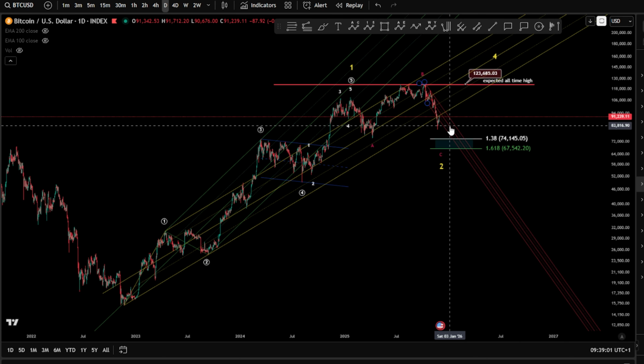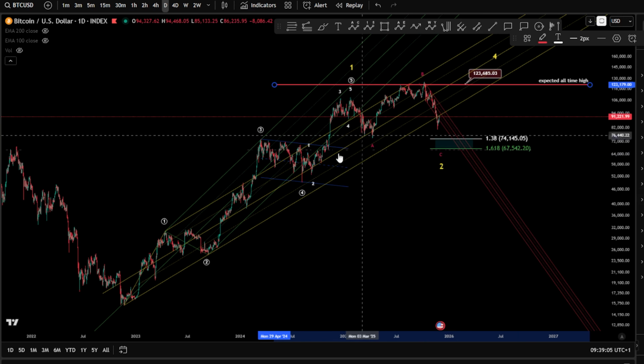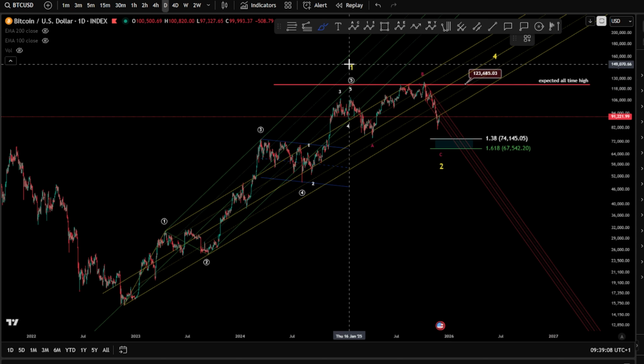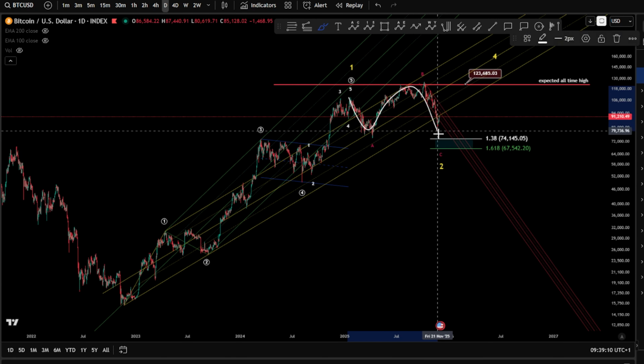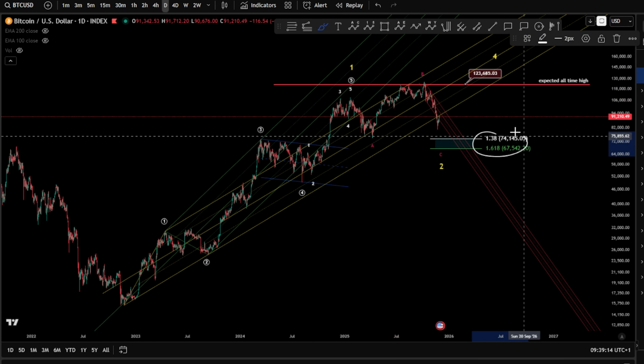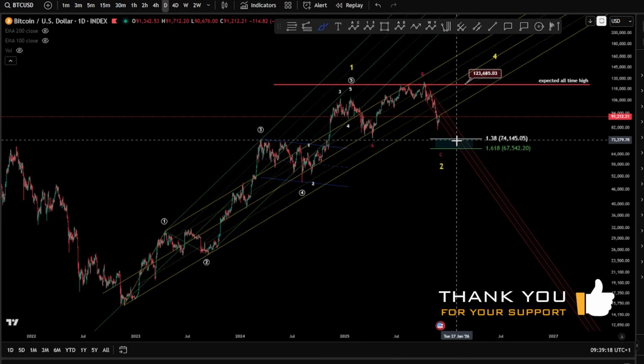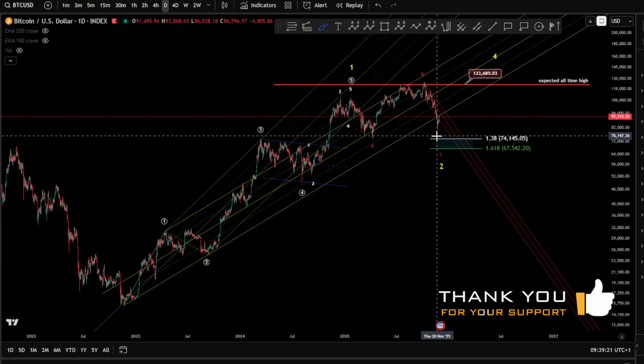We're going to start with the daily, where we are looking at our potential scenario here finished as a bull run, wave 1, and we're looking at an ABC expanding flat as a small bear market, where we would like to hit the 1.618 around the 70k, and of course start a new bull run for wave 3 toward the